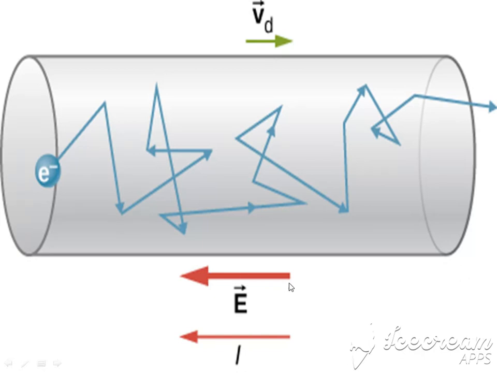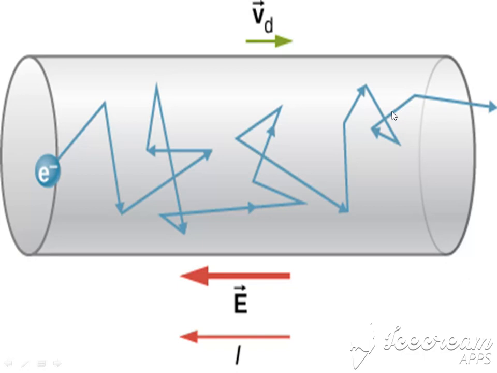When they are connected to an external electric field, they follow the zigzag path to move from one end towards the other end. Now why do they follow such a path? See, in between the conductor there are positive ions also. So when they move from one end towards another, they collide with them, and when they collide, they change their direction. Suppose it went from here, collided here, changed direction, again moving forward, collided, changed direction. So they follow a zigzag path to move from one end of the conductor towards the other.